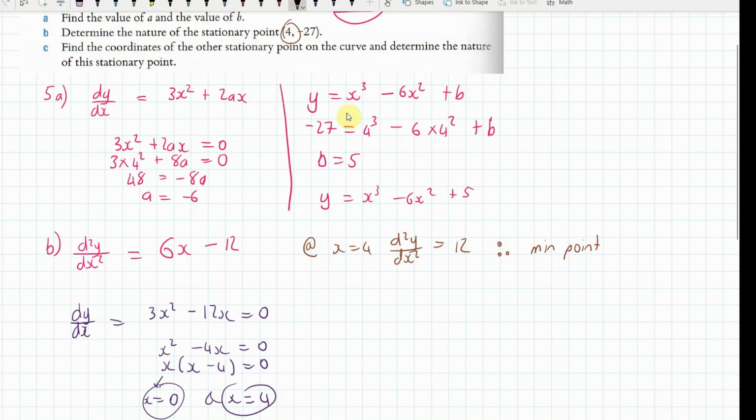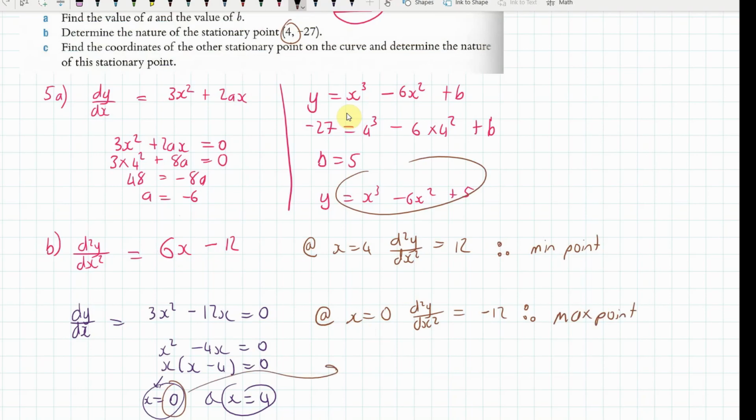So, again, what kind of result do we get when we chuck this into our second derivative equation? We're going to get 6 times 0, so I'm chucking it in here. 6 times 0 is 0 minus 12. So we're going to get minus 12. And therefore, since it's less than 0, we know that we have a maximum point. Okay, to find the coordinate, I'm just going to chuck this 0 into this equation here. So the coordinates would be 0,